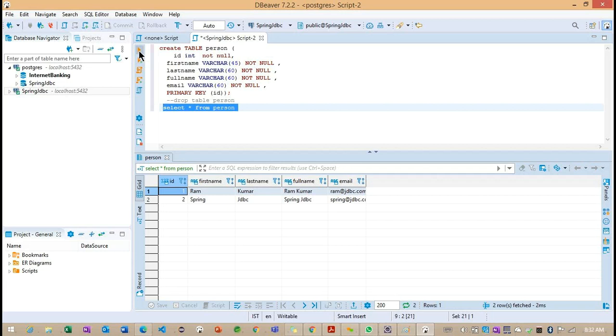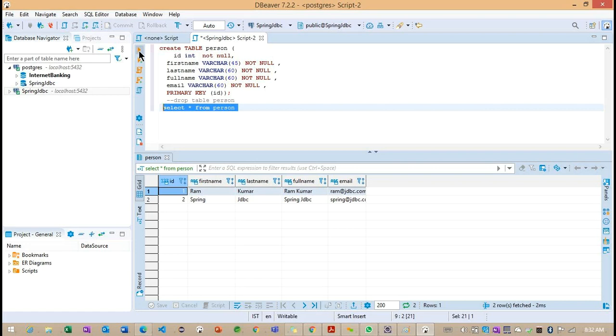So what is happening here? So second record is inserted, but we need to update the first record here.